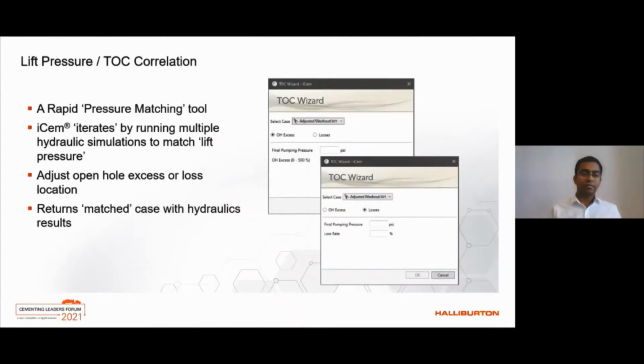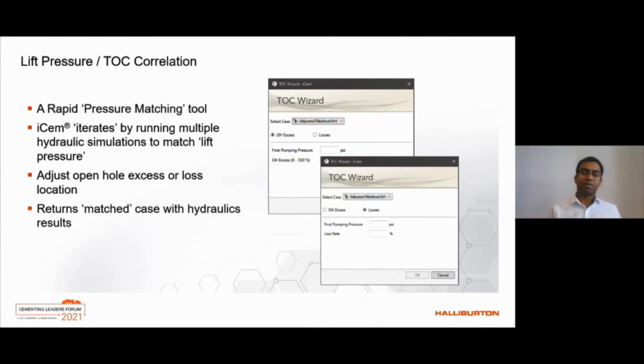Getting into the details, lift pressure or the TOC correlation calculator is a rapid pressure matching tool. You start with a pump schedule that is representative of the real-time job itself. We don't need to be detailed, but at least it should represent the aggregate behavior. And once you have that, and also a recorded